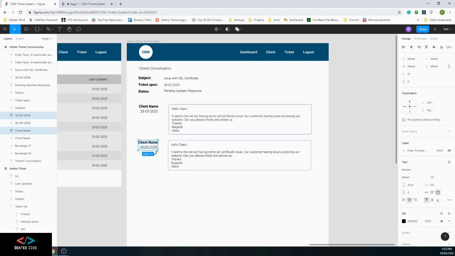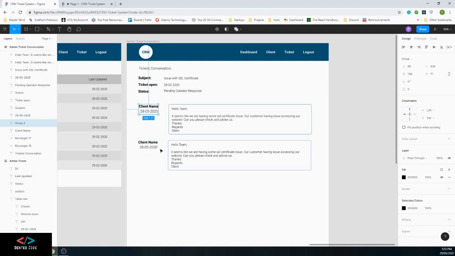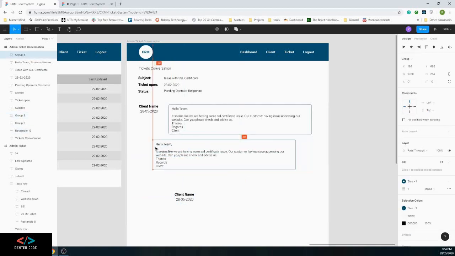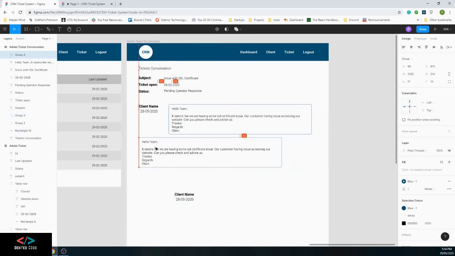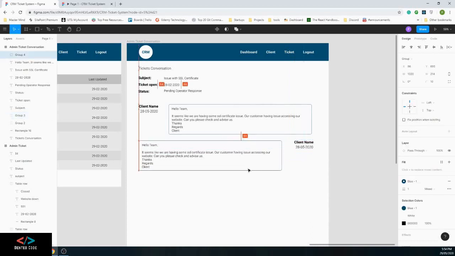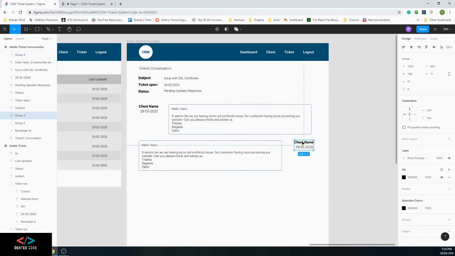Let's group this thing. Let's group it. Okay, maybe it's easier to handle it. Yeah, and I want to group this one as well, just so that I can drag and drop easily around. Now on this one goes here, maybe this little bit more down, 64. Okay, yeah, that's okay. So on 29th,